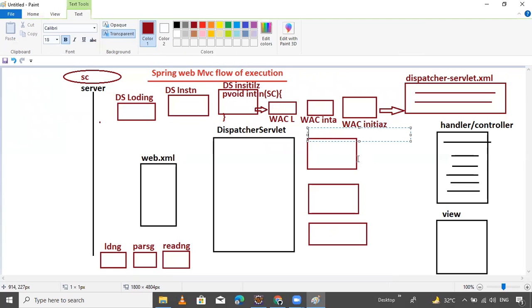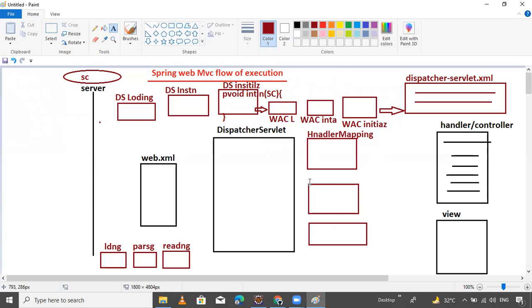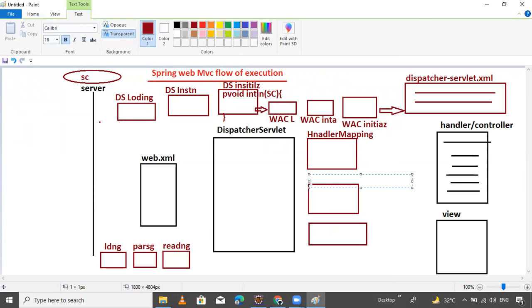These objects exist. What is that? Handler mapping, and this is the handler adapter, and this object is created by the view resolver.